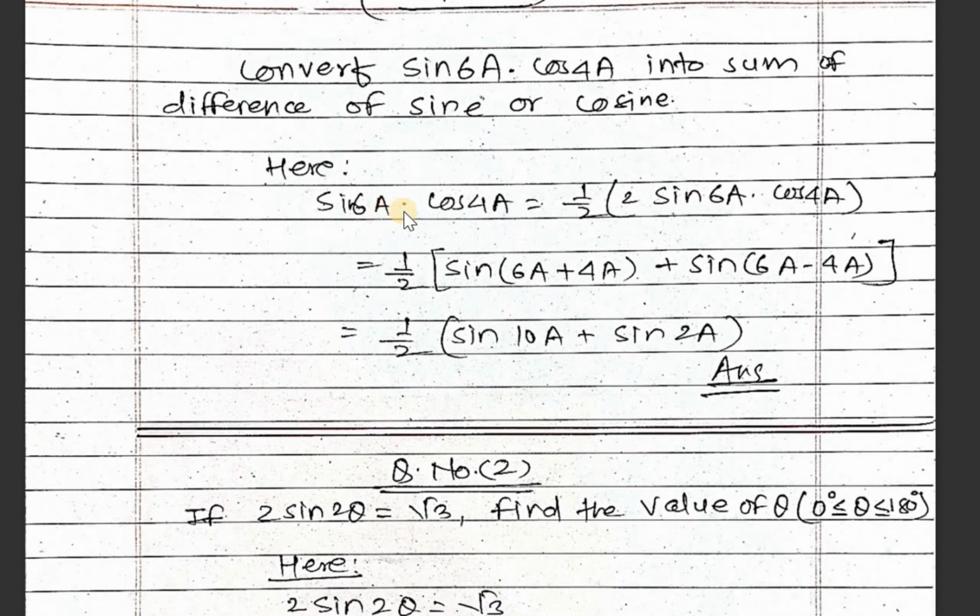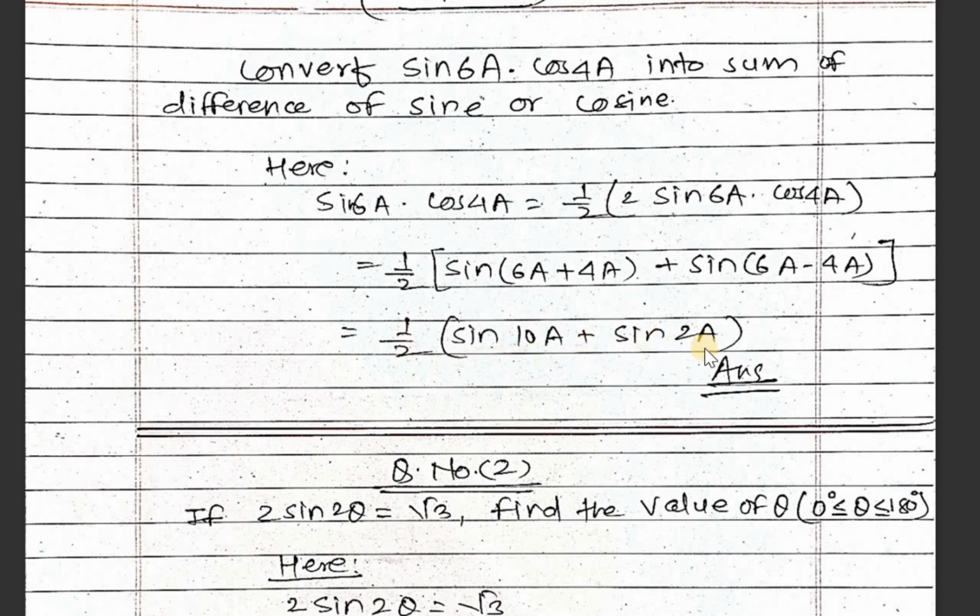So sin 6A cos 4A is 1/2 into 2 sin 6A cos 4A. We know the formula for 2 sin A cos B is sin(A+B) + sin(A-B), then we can get 1/2 [sin 10A